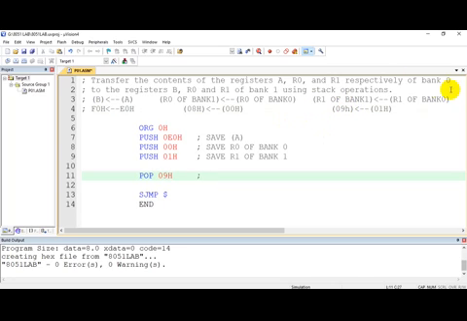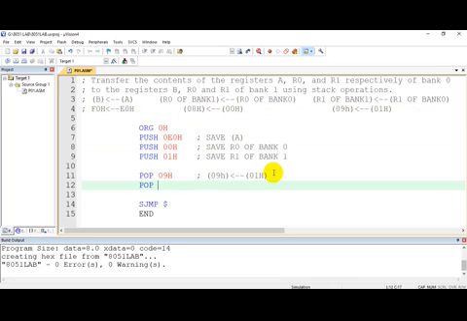So with this, what will happen? You have performed this operation. Contents of R1 of bank 0 are copied to R1 of bank 1. Fine. Now the stack pointer has been decremented. Now it is pointing to the RAM location which contains the contents of R0 of bank 0. And where should it be copied? It should be now copied to 08H. So what will be the instruction now? Pop 08H. So you are going in the reverse manner.